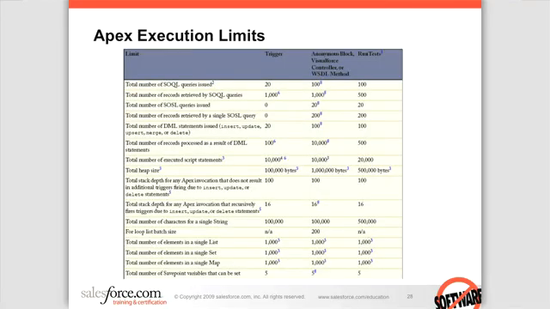And then there are things associated with the size of a string. So your string size,